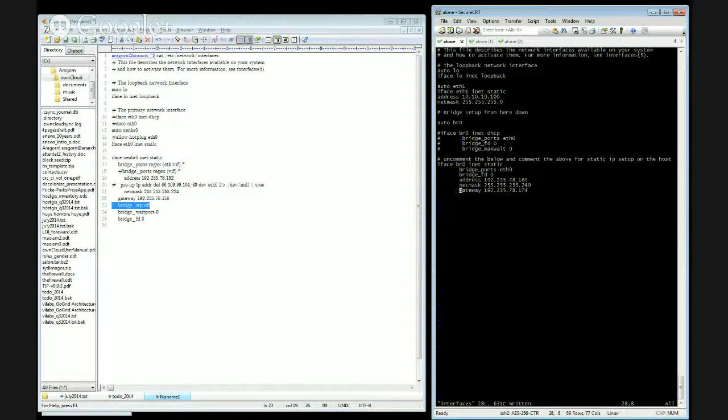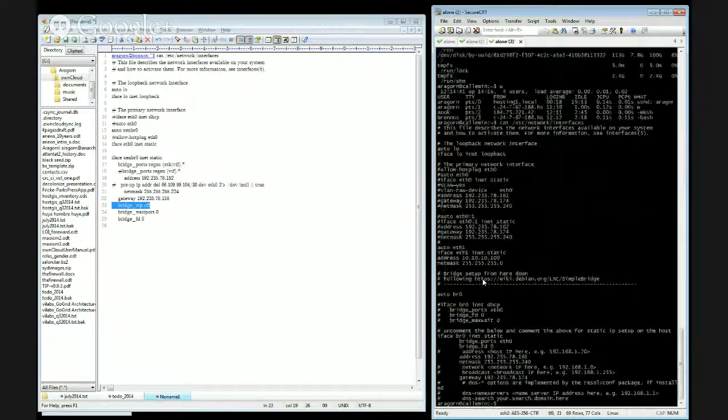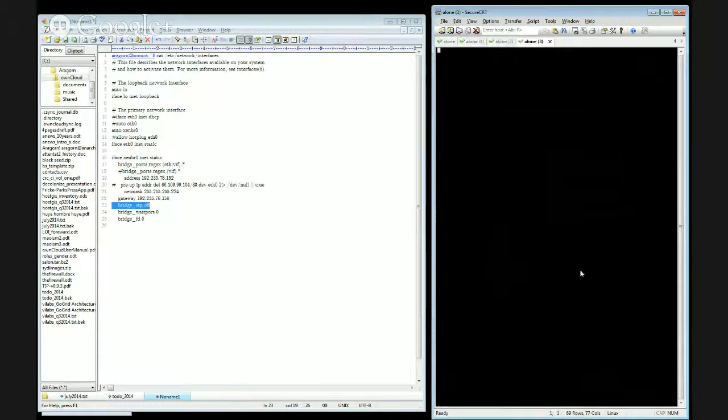VM1 will have an IP address that's 162, and VM2 will have an IP address that's 163. So that's the important thing to differentiate between what we're talking about. 161 will most likely only have SSH access to it and nothing else. So our ideal scenario will look something like